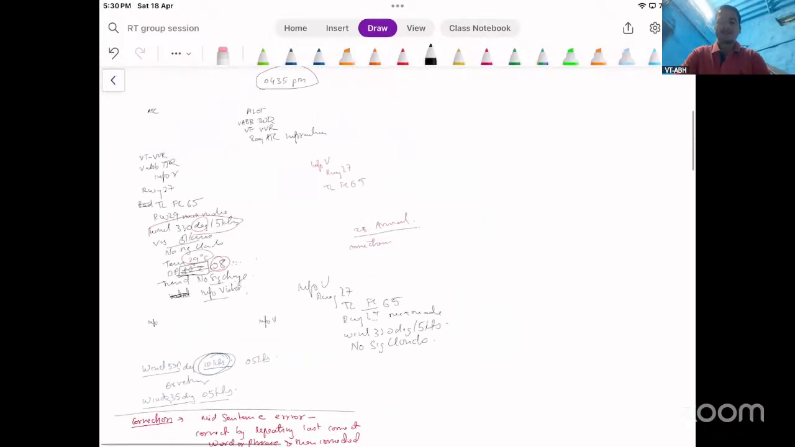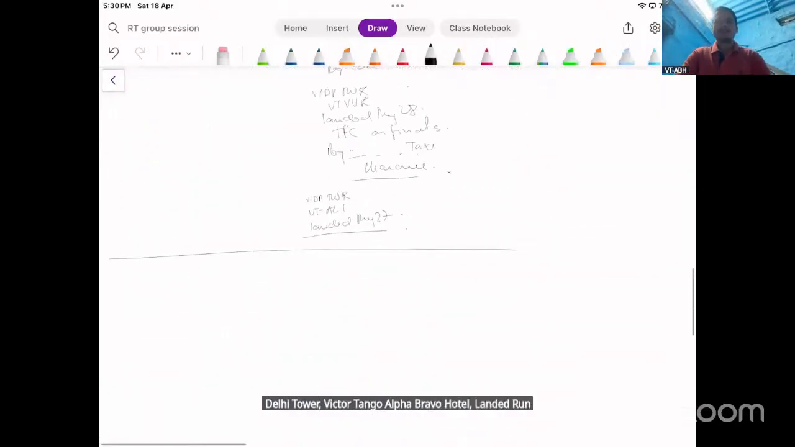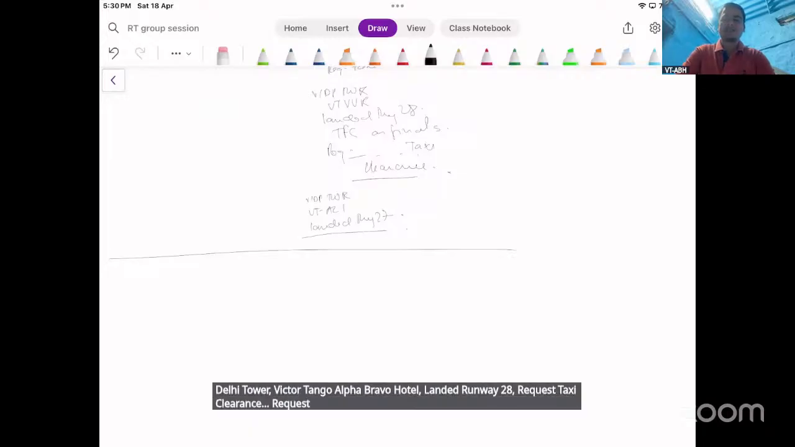Delhi Tower, Victor Tango Alpha Bravo Hotel, landed runway 28, request taxi clearance, request taxi instructions